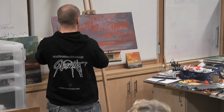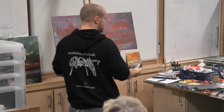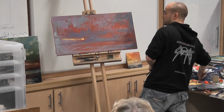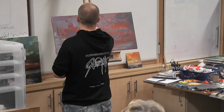So I'm going to put this here. And we can see straight away that that's jumping out. That is because it's completely opposite colour to the purple. So let's just see how it works. My light source is here, so I'm going to try and...